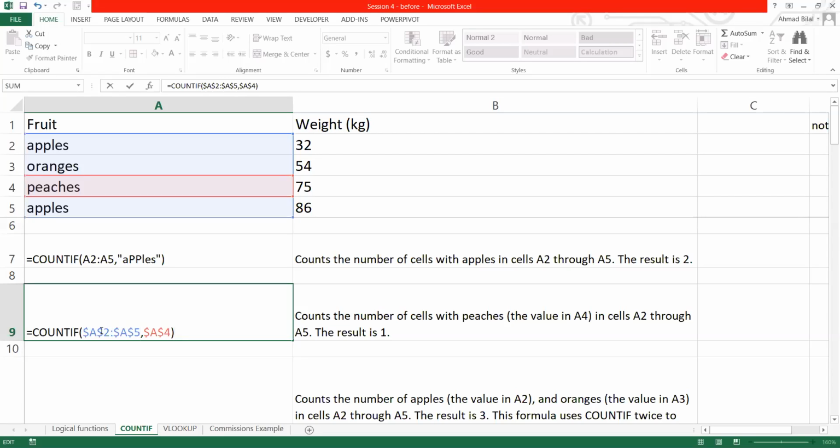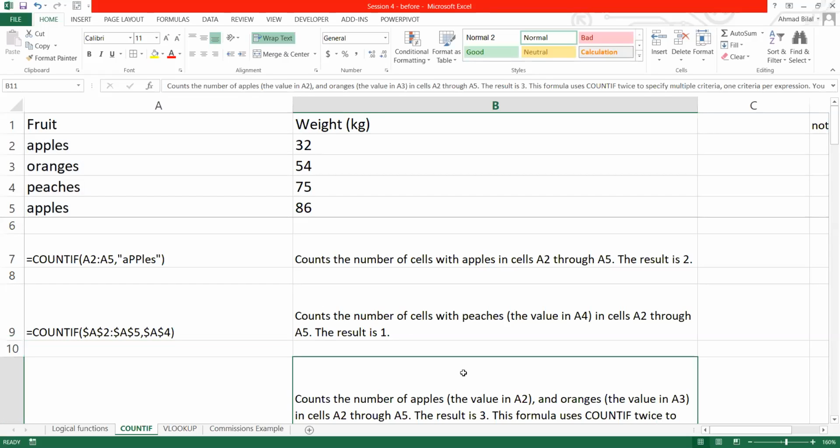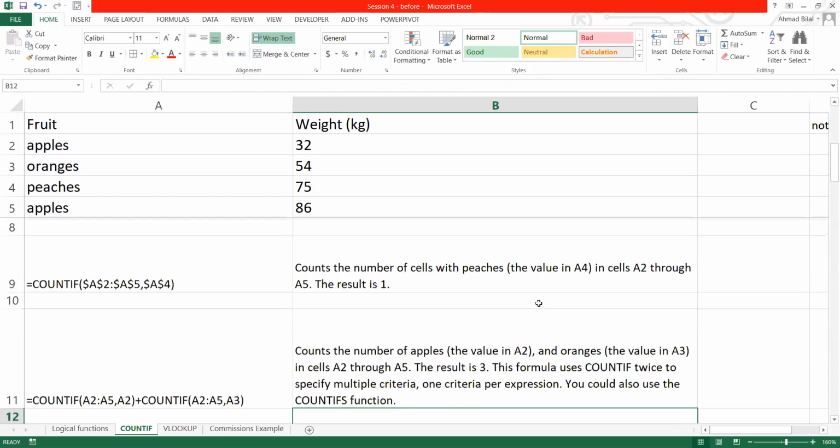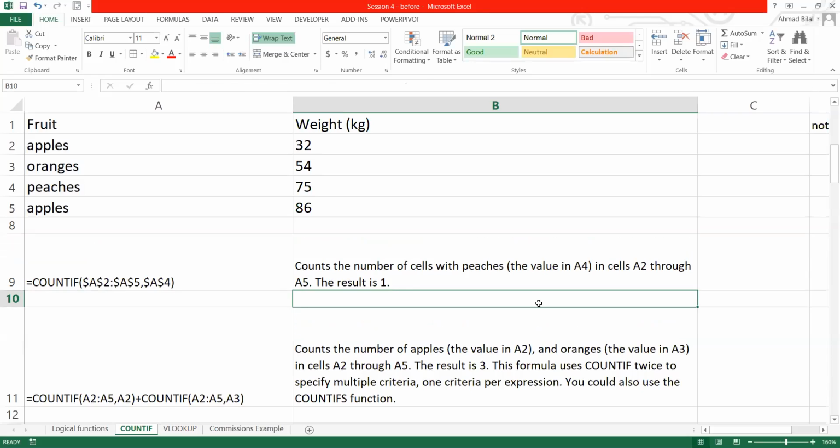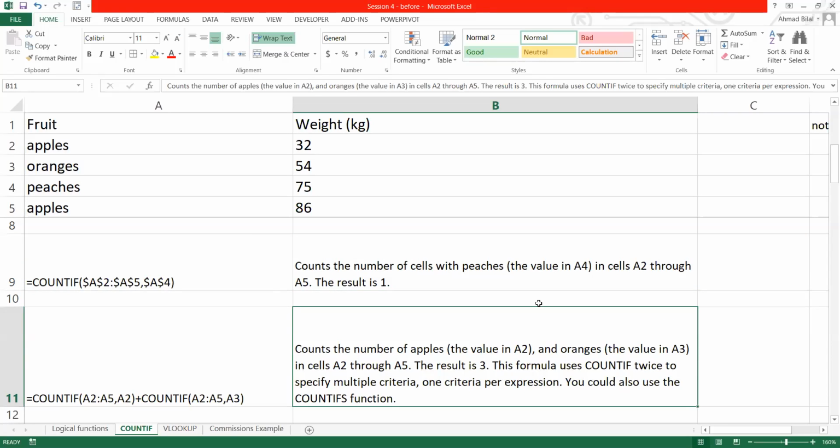So हमने पहले रेंज दे दी, then we have the criteria. और क्राइटेरिया जो है वो रेफरेंस भी हो सकता है किसी सेल का. ठीक है, that's what we've been doing earlier as well. Okay, so this works as well. Now, you can also be a bit more creative. Now, what that means is,